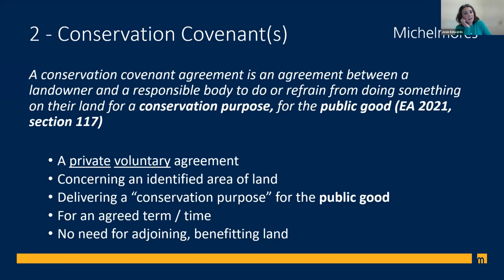And we think that conservation covenants will give confidence to the funders behind the scheme, whether that be a government department or private finance, that the scheme delivery is going to be secure for the term agreed at the outset. So it will avoid a situation where landowners drop out of the scheme during the agreed term, which could jeopardise the whole arrangement. And the conservation covenant would, we anticipate, annex a management agreement, providing detail of what the landowner is committing to do over the agreed term.